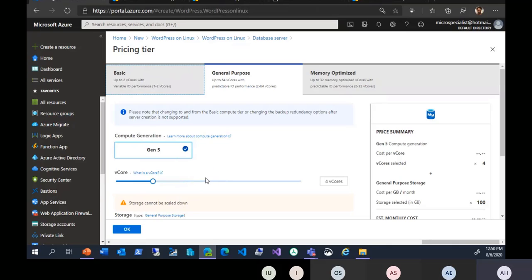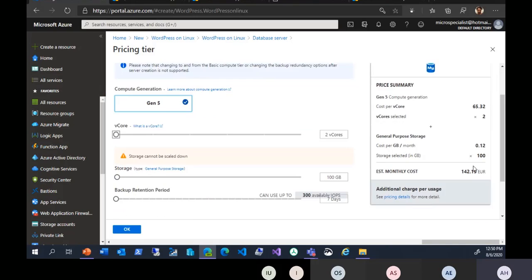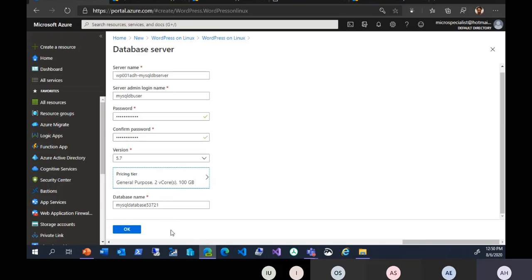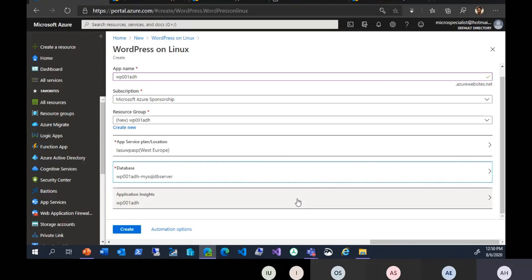I can also specify my expectations based on the cost and size of my database. I'm going to select that to make it slightly cheaper, 2 cores instead of 4. Click on OK, and it's going to create a backend database